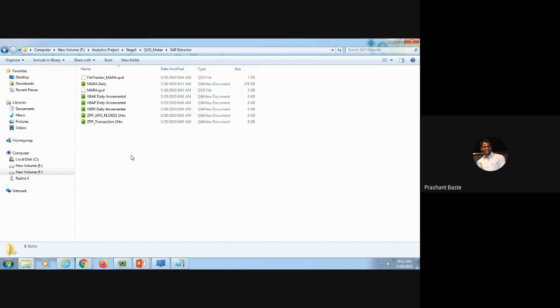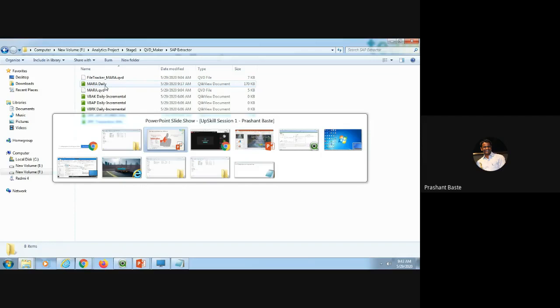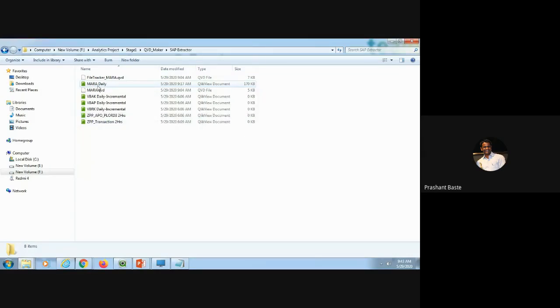Let's say I have different file folders, like SAP, where I am extracting different SAP tables, and we have created a separate QVW, or separate file, for each table extraction. In that also we have followed a naming convention. Let's say this is my SAP table Mara. Mara is the material master from the SAP perspective, and this is universal. So you can keep the table name, Mara, and then the frequency of extraction of this table.